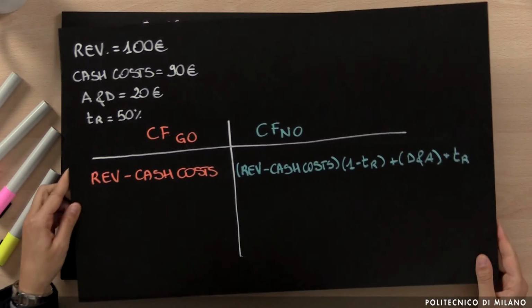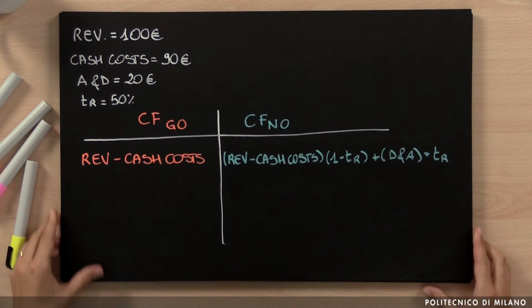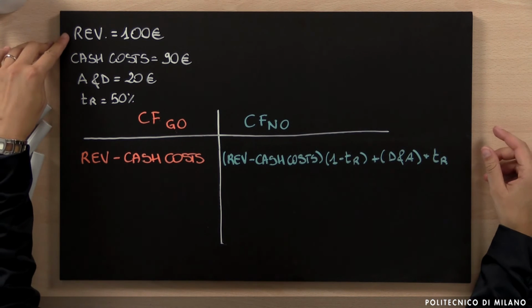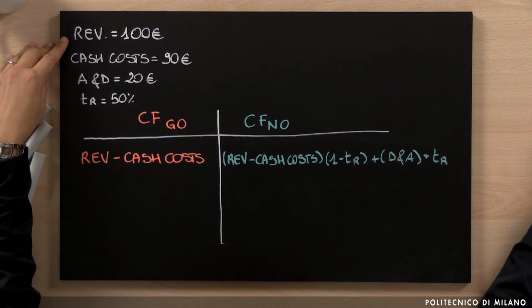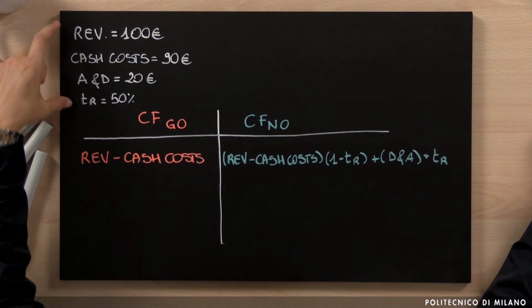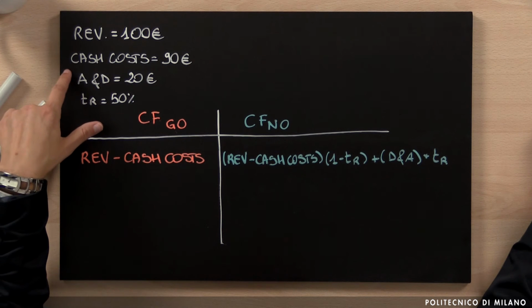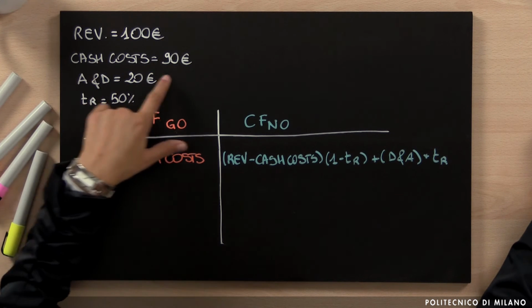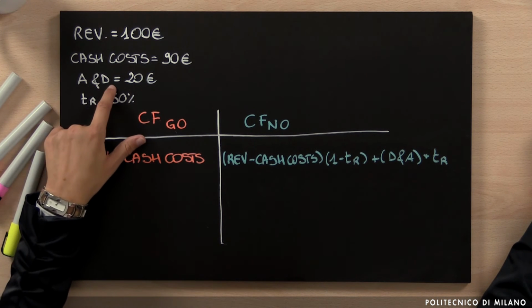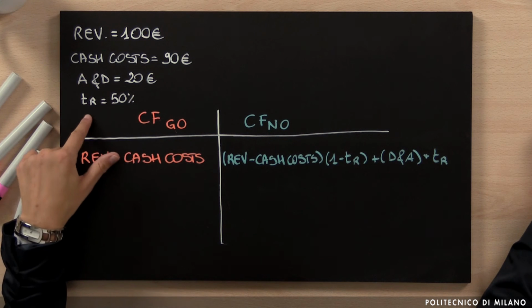Let's see the differences between the cash flow gross operating and the cash flow net operating with a really simple example, just to understand what changes between them. Assume that we have this simple data. Keep in mind that we are adopting an incremental logic, so these are always deltas. This is the incremental revenue, 100 euros. Then we have incremental cash costs, 90 euros, amortization and depreciation, 20 euros, and then we know that the tax